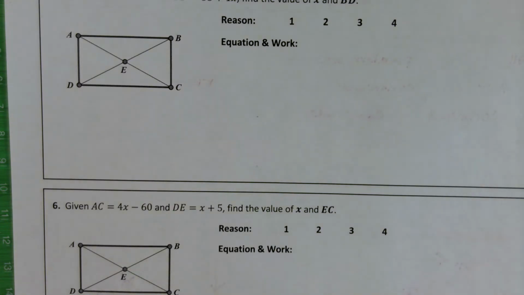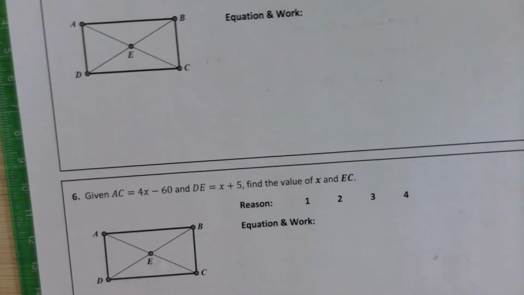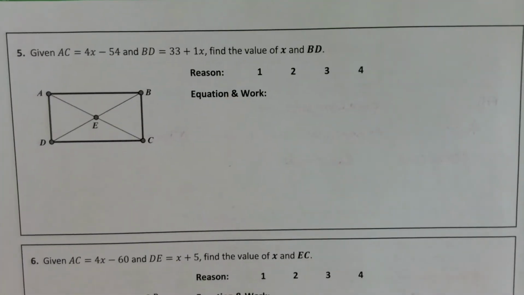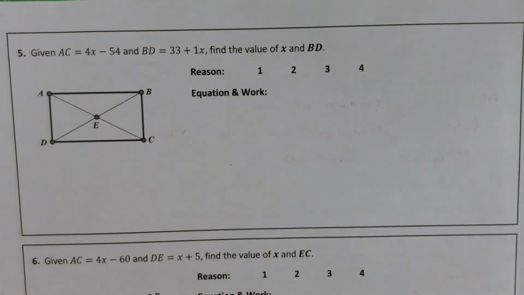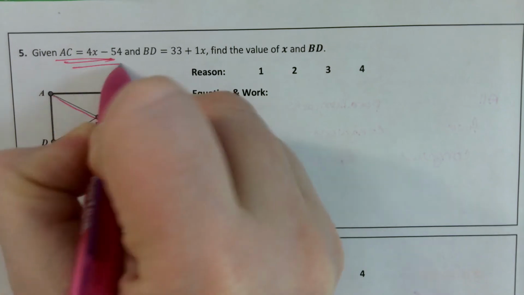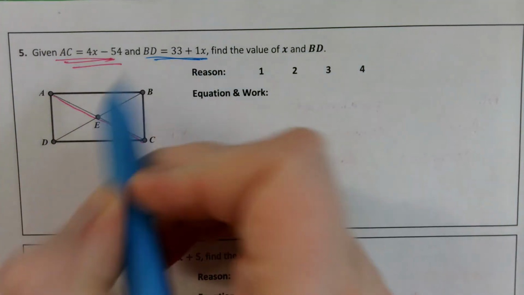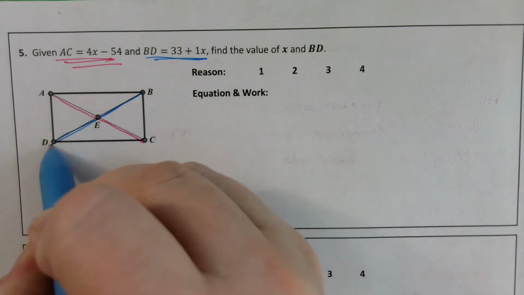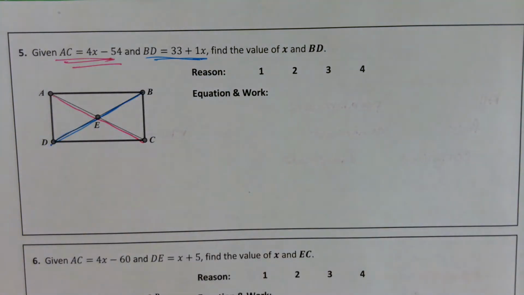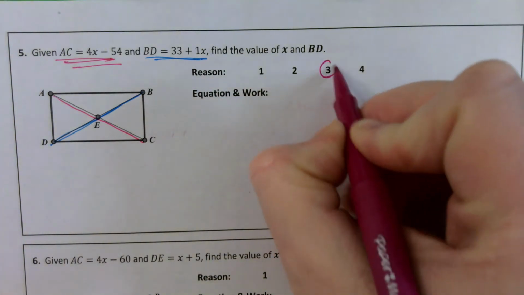So since diagonals bisect each other, I'm going to start with example number 6. Excuse me, I'm going to start with example number 5. I am ahead of myself. We have diagonal AC, and we have diagonal BD. These two diagonals are congruent, so using the property of reason number 3,